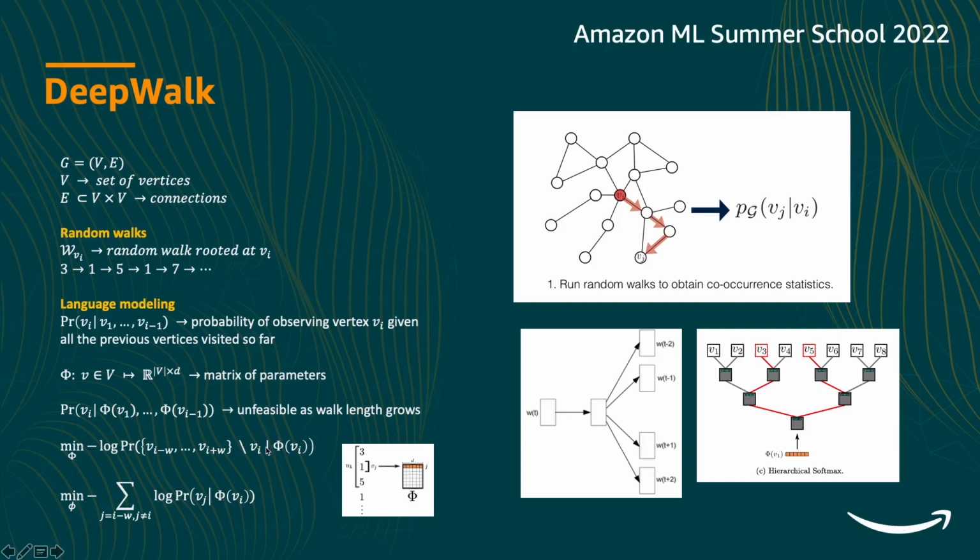So instead, we can again take an idea from skipgram, and what we basically do is reverse the task. Here we want to pick the context given the current node Vi. The context are all the nodes which were previously visited in the random walk, and also those visited after. For example, in this sequence, node 5 can be the Vi, and we want to predict the nodes that have been previously visited and the nodes which will be visited in future. This is basically the same task as we used in the case of word2vec.